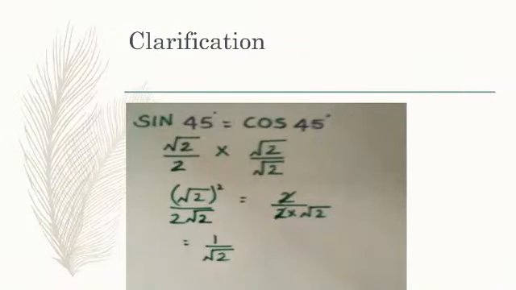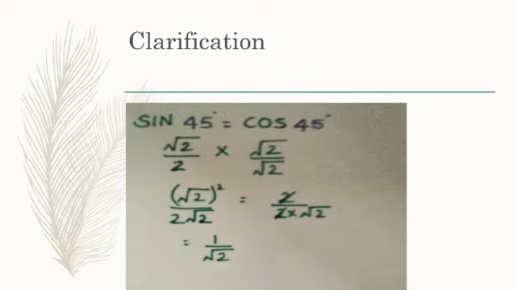See, in the first session of class, few of my students asked about their doubts. That is, in the textbook, the value of sine 45 degree and the cos 45 degree is given as 1 by root 2, but in my table I specified it is root 2 by 2. I clarified them. I am also clarifying you yourself also. That is, from the table it is clear sine 45 degree is equal to cos 45 degree. So that is equal to root 2 by 2.